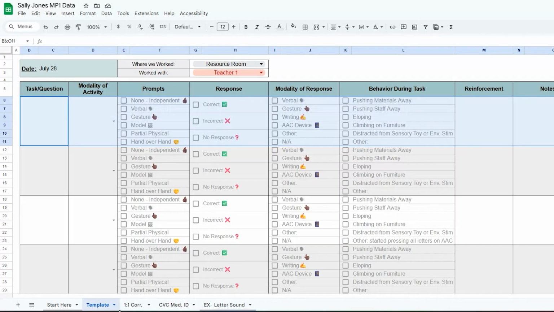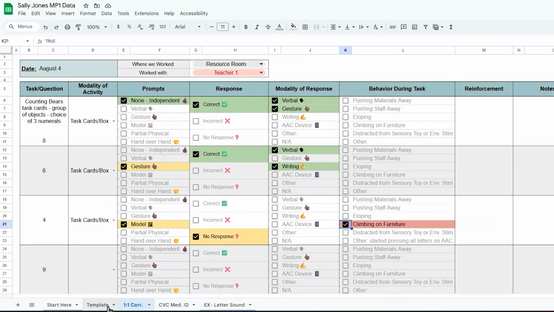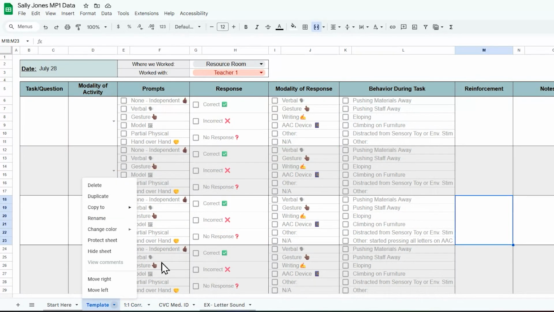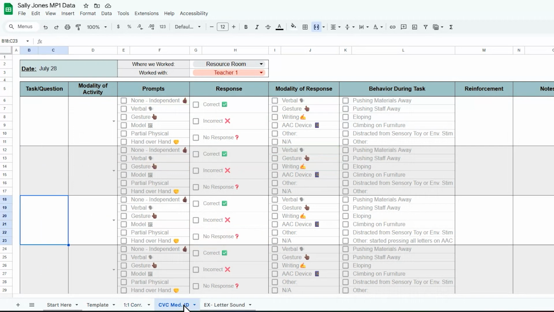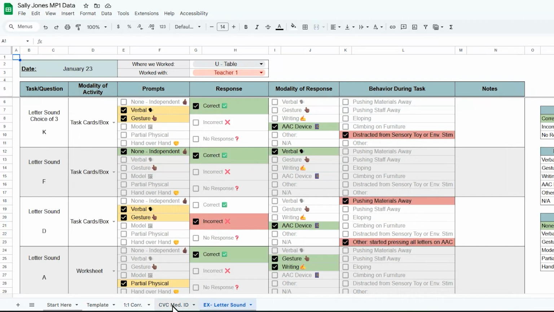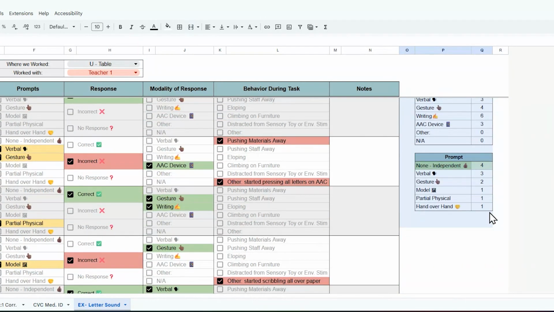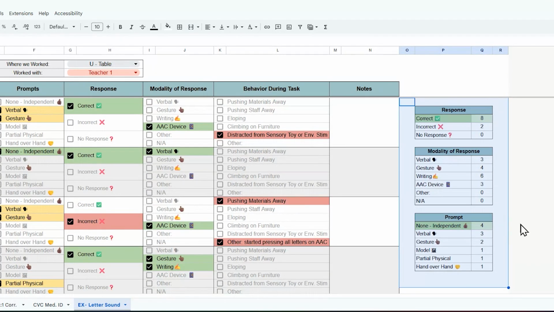So that way, whenever you need to track a new skill, all you're doing is going to duplicate, and then you are going to rename this by the subject that it's tracking. That way these summary totals over on the side give you the best interpretation of how they're doing with that skill. Other than that, guys, I think that this one is pretty self-explanatory, and I really hope that this helps